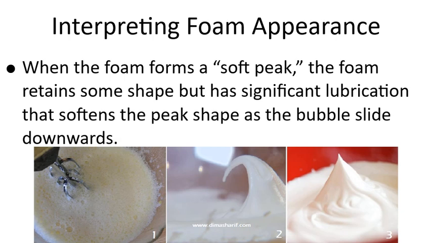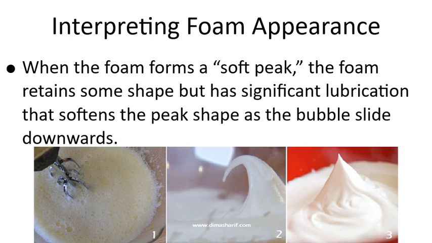On the left, the egg foam has begun to form, but the large bubbles and flat surface within the bowl show that the foam is still quite liquidy. Note that you can see trails where small droplets of foamy liquid have run down the inside surface of the bowl. In the center, we've developed the foam to the soft peak stage, in which the foam is now stiff